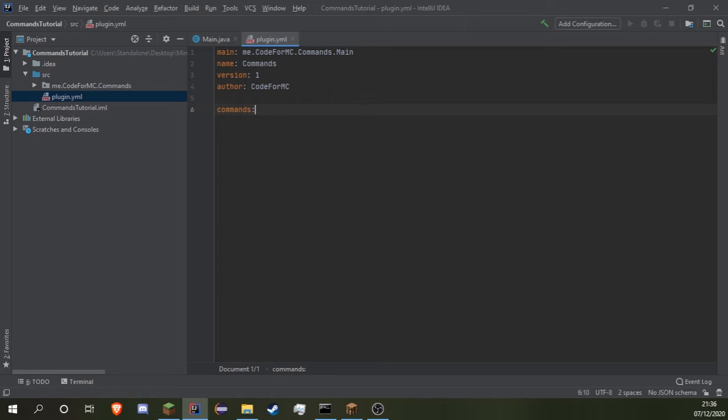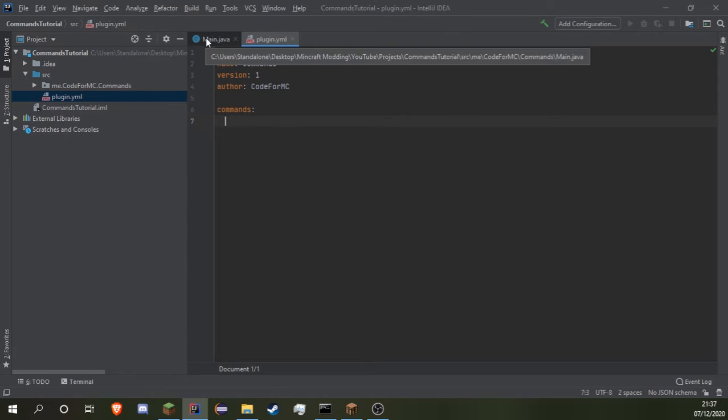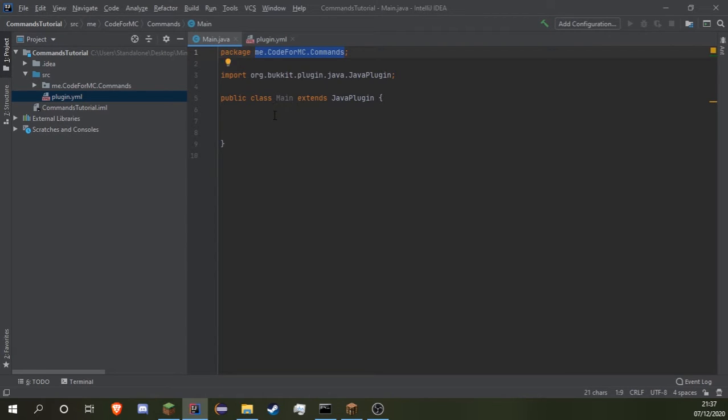Now do a colon, then press enter, and you can see IntelliJ will automatically put you indented by 2 spaces. So look, if we do it ourselves, 1, 2, that's where we are, right? And this is where we're going to put all our commands, all their names. For now, we're not going to do anything, because you want to be able to choose what your command name is. So we're going to go to our Main.java, and here we're going to create a new method,